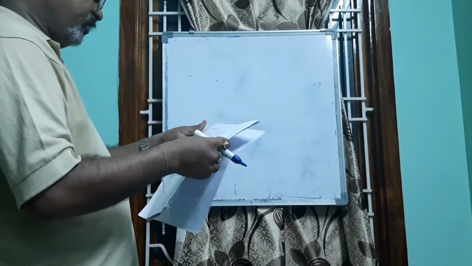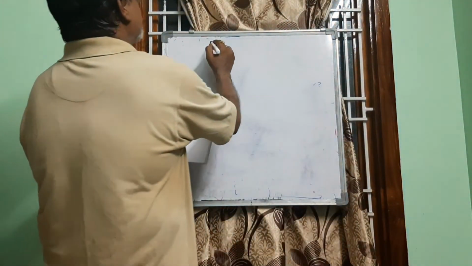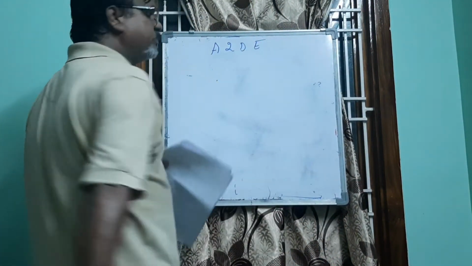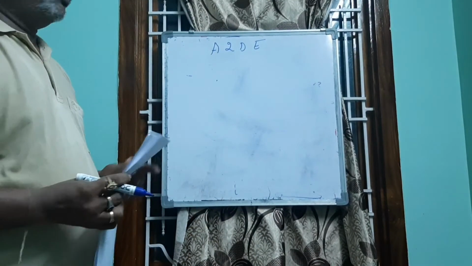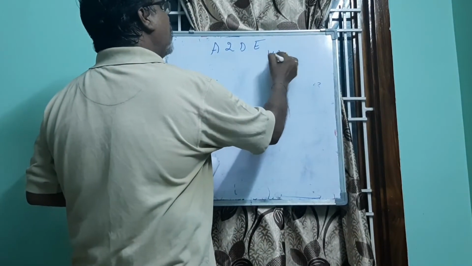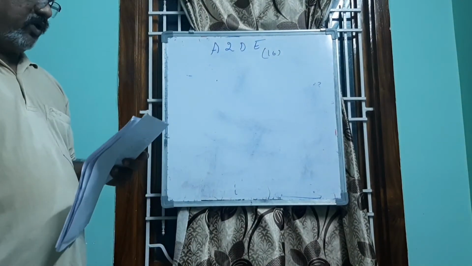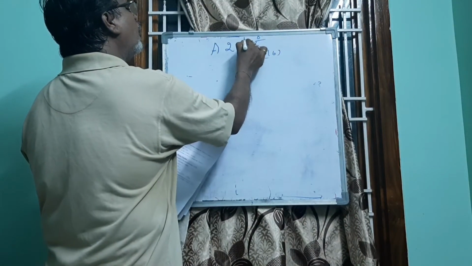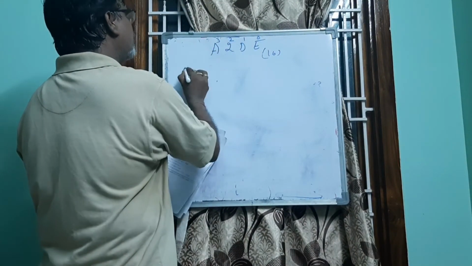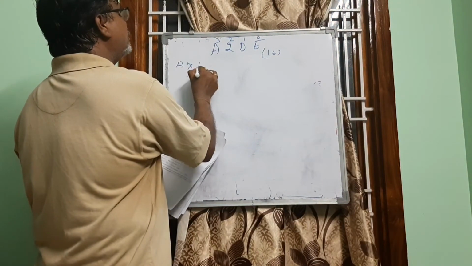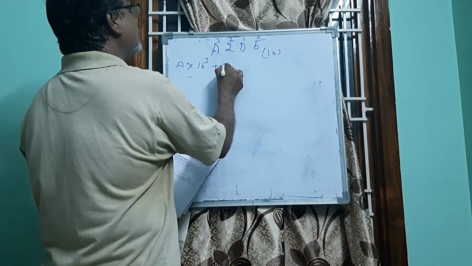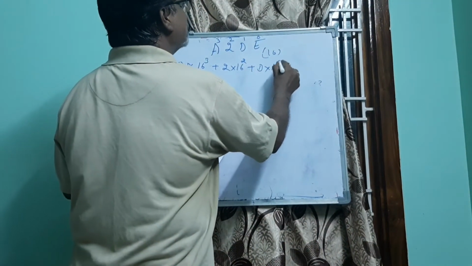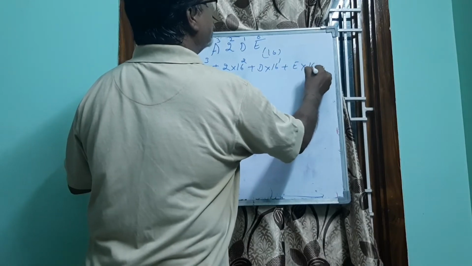Now, as a conclusion, we take one simple hexadecimal, not a fractional one. How to convert this into the equivalent decimal value? Say A2DE base 16. How to convert this into decimal? As I told you, these are positions, you write here 0, 1, 2, and 3. So it is A into 16 power 3, plus 2 into 16 square, plus D into 16 power 1, plus E into 16 power 0.